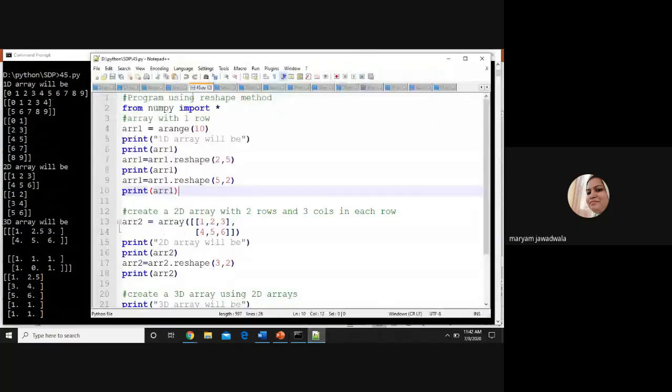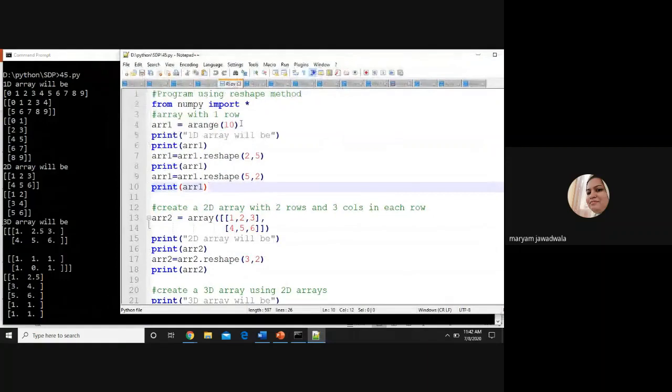So the arange function will give me one array of 10 elements, starting with 0. This 1D array consists of a total of 10 elements, from 0 to 9, right? Now next, I'm using the reshape method over here. Reshape 2 comma 5 means the system will print a 2D array with 2 rows and 5 columns. Means the entire 10 elements are divided into 2 rows